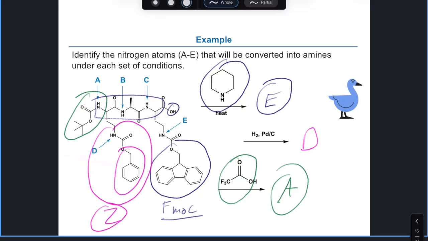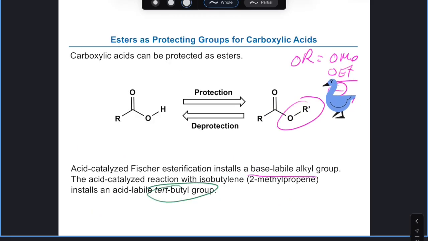So unless you really want to open up both the nitrogen and the carboxylic acid at the same time, if you've chosen FMOC as your nitrogen protection, do not use O-methyl, O-ethyl, because they will both cleave under basic conditions. However, if I've chosen FMOC for my nitrogen, base labile, then I can choose T-butyl as your selective acid